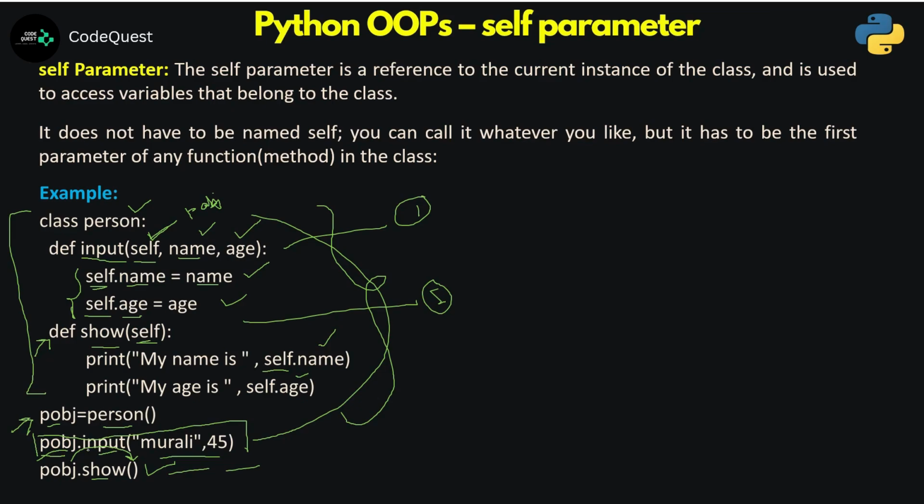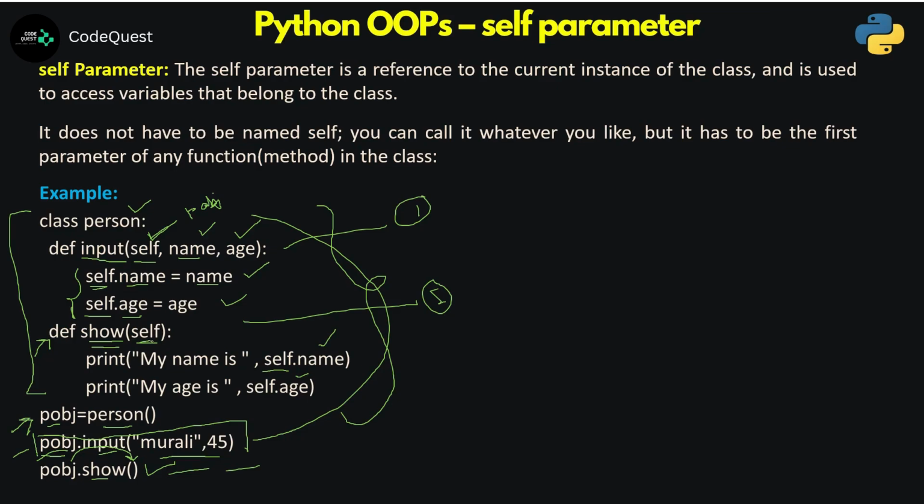So what has the input method done for me? It has set the name and age with values like Murali and 45, and they relate to an object. What is the object name? POBJ. And the show method, which I am invoking right now, I again use on the same object through which input was called earlier. So when the show method goes through this particular line,